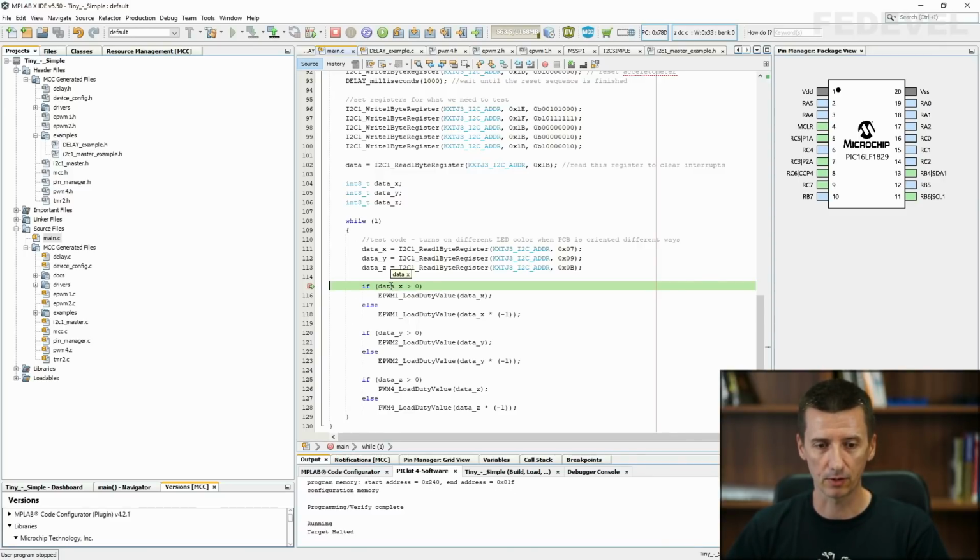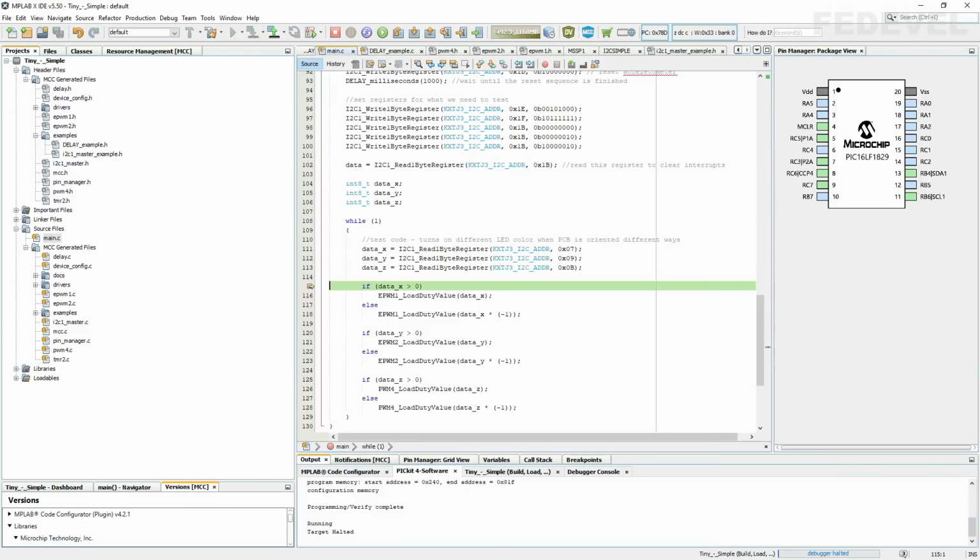See, now the software stopped here because the line is green, and when I hover the cursor over data X, I can see what data the accelerometer sent to our software. It is 0xDA, okay? Data Y is 0x9 and data Z is 0x33. This debugging can be super useful. If you would like to learn more, again, search on the internet, but basically this is what I wanted to mention in this video.